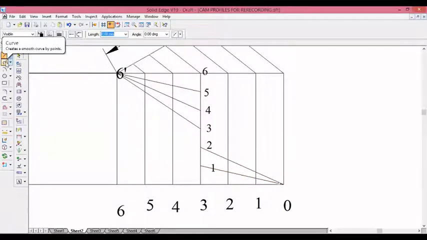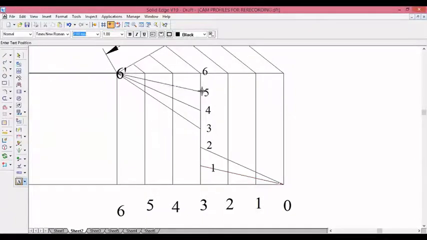We need to draw a smooth arc curve now. The intersection we found, see the 5 and 5 line intersection, the 5 vertical line and 5 intersection line. This gives us the 5 dash. The 4 vertical line and 4 inclined line is 4 dash, and 3 is here itself, so 3 dash. 2 vertical line and 2 inclined line, so this is 2 dash, 1 vertical line and 1 inclined line, 1 dash.